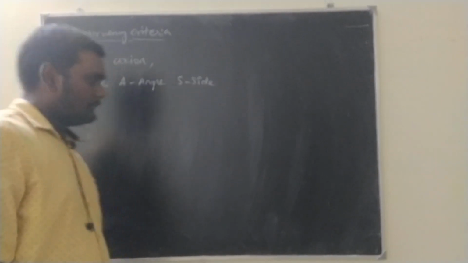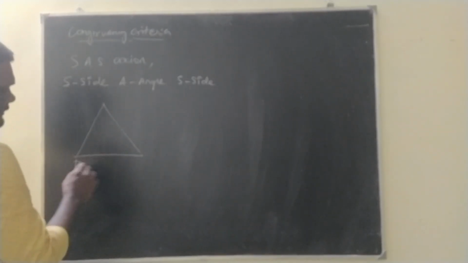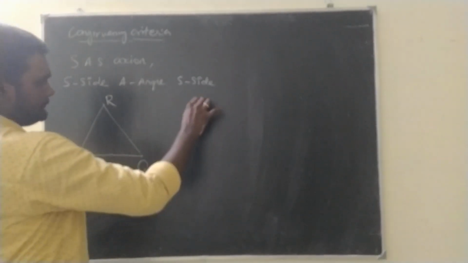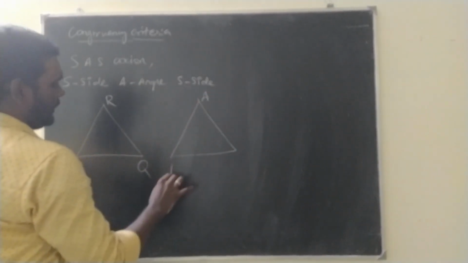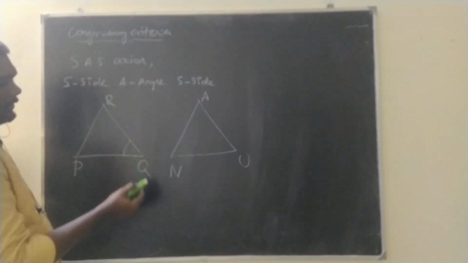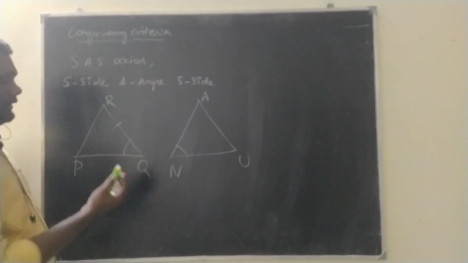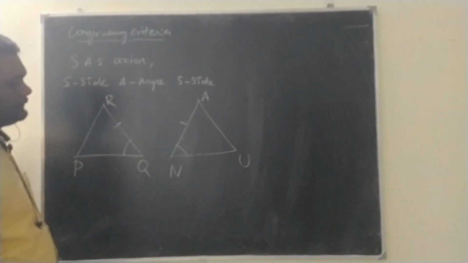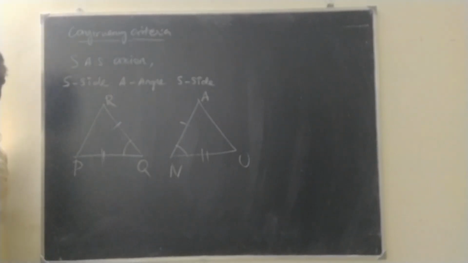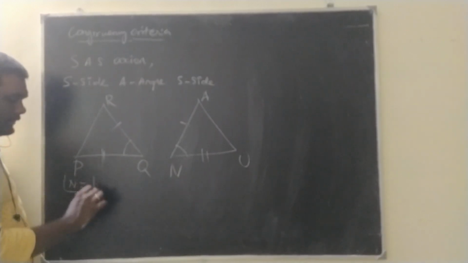two sides. Simply, if two triangles, say ABC, PQR and another triangle ANU. In this, let me say this angle Q is equal to angle N, and this side, for example only I am saying, this side RQ is equal to NA and this QP is equal to NU. Then it is observed that this angle N is equal to angle Q